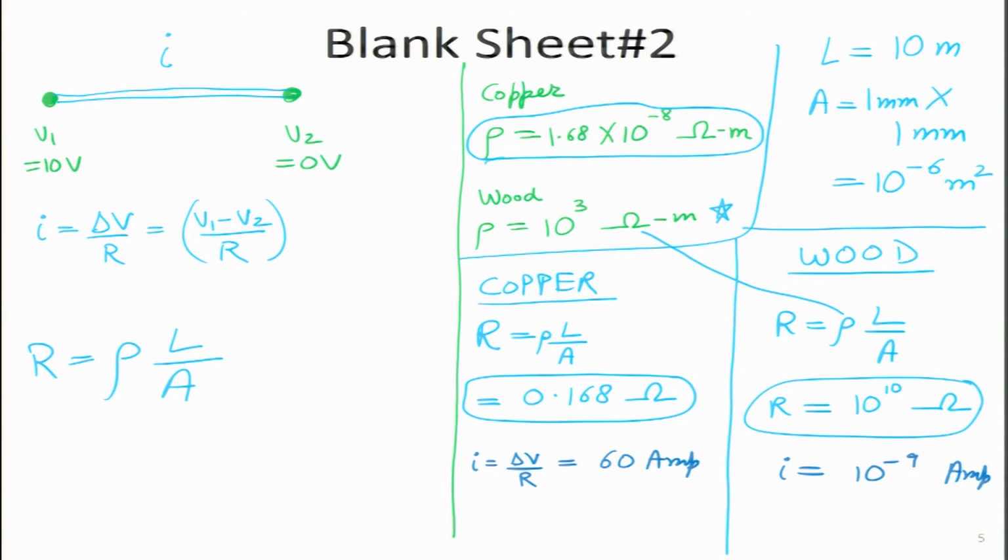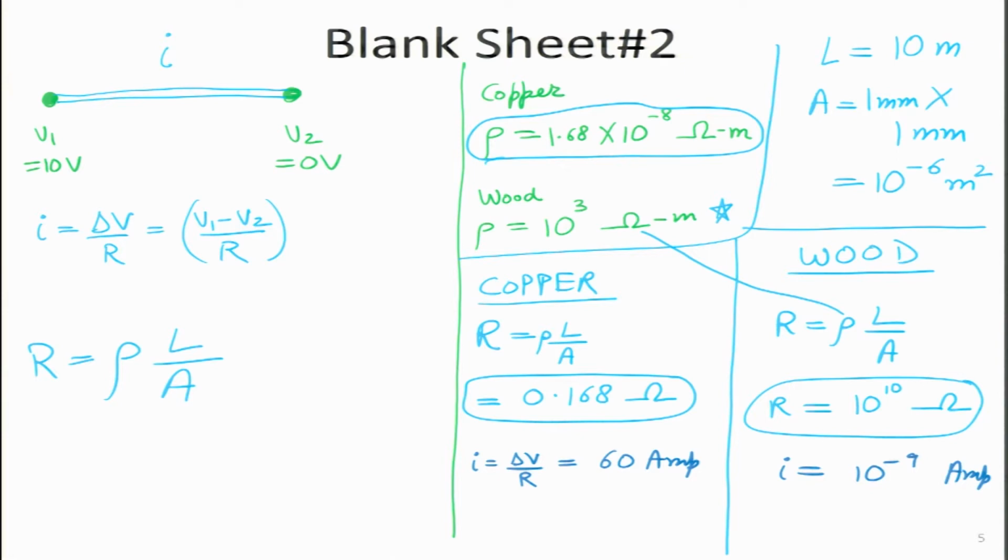So, let us try and analyze what is the result of this particular thought experiment. A few things are actually very clear. The first thing is that copper is a well known electrical conductor and wood is a well known insulator, which means even if wood is present between a voltage drop of about 10 volts, large amount of it or even small amount of it, just by the scale of these particular currents, 60 amperes compared to 10 to the power minus 9 amperes, we can clearly see that the material property can play a very big role in figuring out how the electrical field is transmitted in terms of current